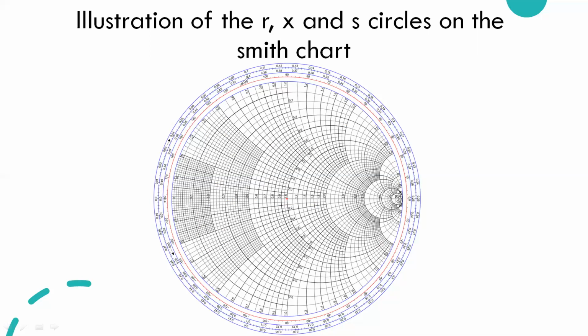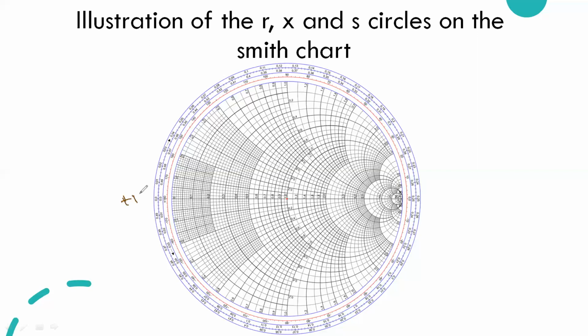If you look into this, there is a red circle surrounded by the Smith chart, that is the R and X circles. It is equal to your protractor, an existing element of a protractor. So it has been divided into both directions. The entire 360 degrees has been divided into two halves, plus 180 and minus 180. It starts from 0 degrees, 10, 20, 30, goes on to 90, and ends with plus 180 here.